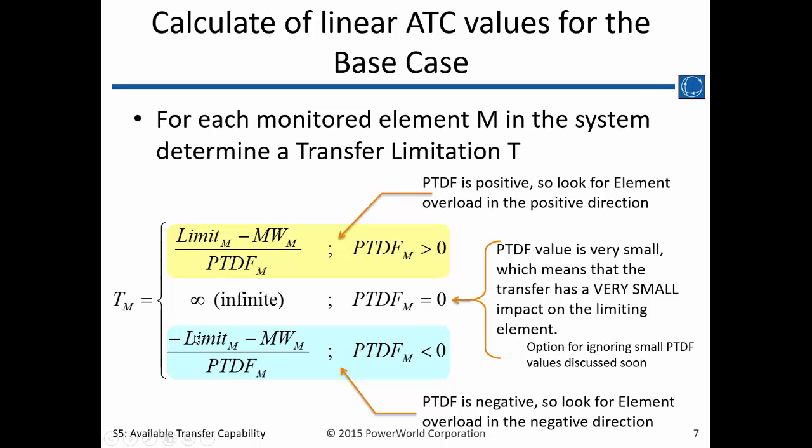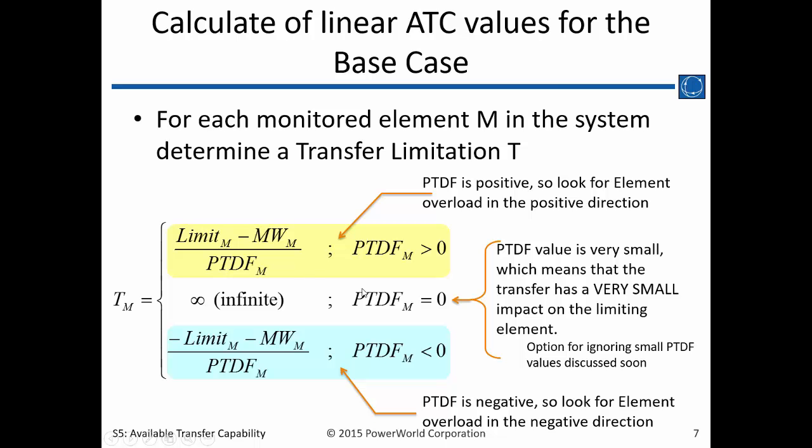And if that's the case, then you just flip the sign on the limit here, and it's the same thing. Again, that just accounts for the sign convention. If the PTDF is very small, then it doesn't have much of an effect, and the transfer limit is essentially infinite. But you can also tell it to ignore PTDFs that are below a certain threshold too, which normally is a good idea. If it's an element that isn't really impacted by the transfer, then you wouldn't want it reported